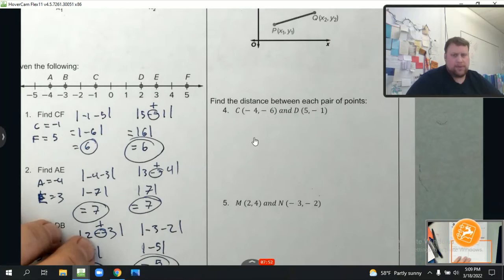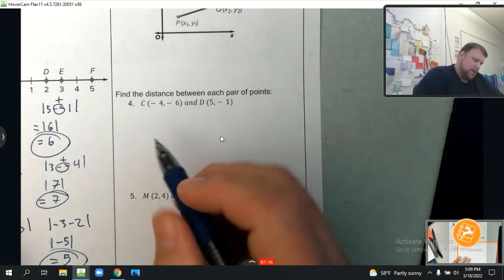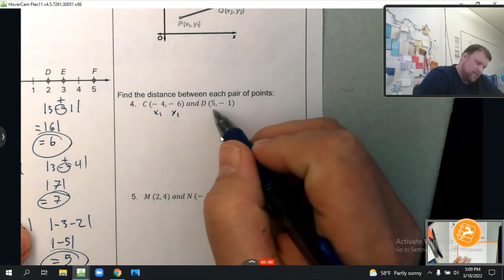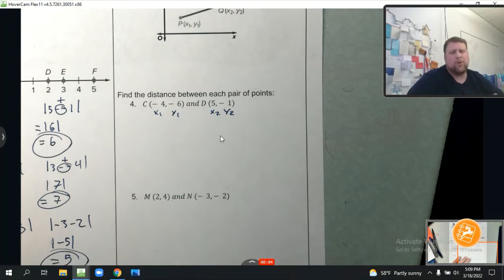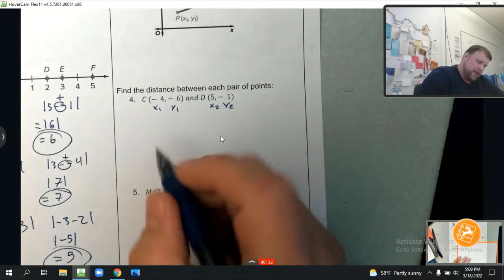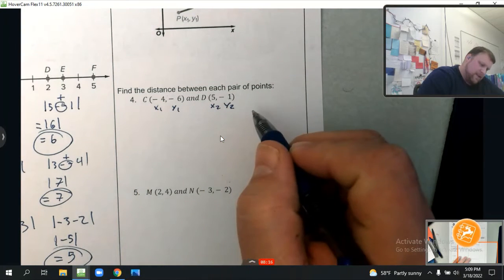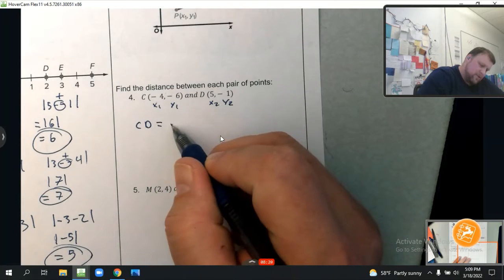So, let me zoom in here. So again, this would be my x1, y1, right? And this is my x2, y2. I don't actually care because it doesn't matter which order you do this in. It really doesn't, as long as x's are together and y's are together, okay? So what am I going to do here? I'm going to say, all right, the distance between the points CD. So CD is equal to the square root